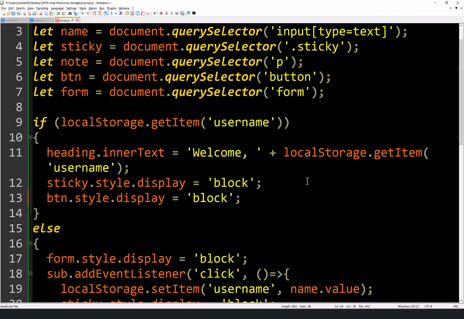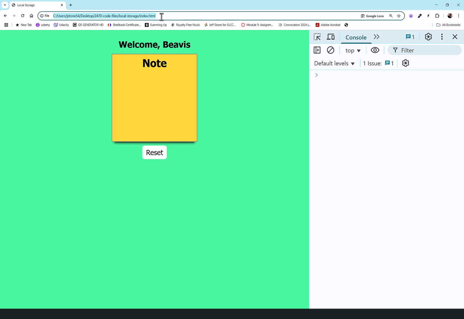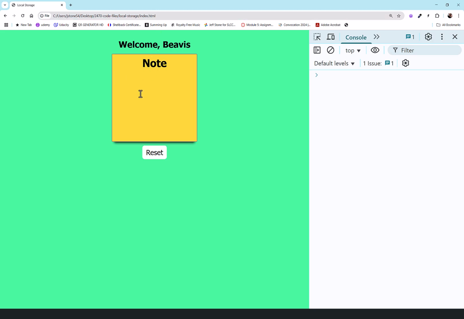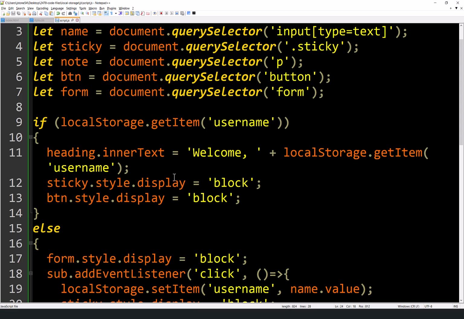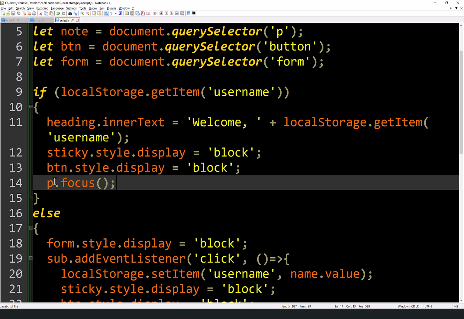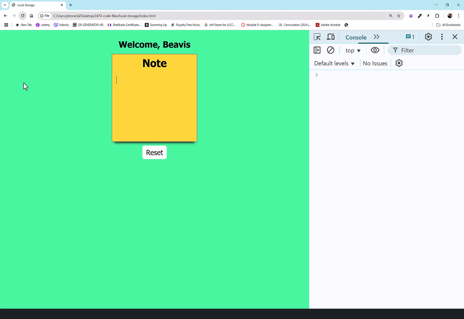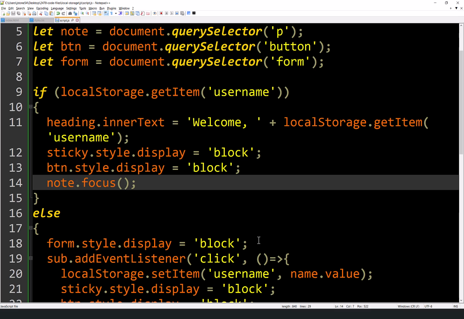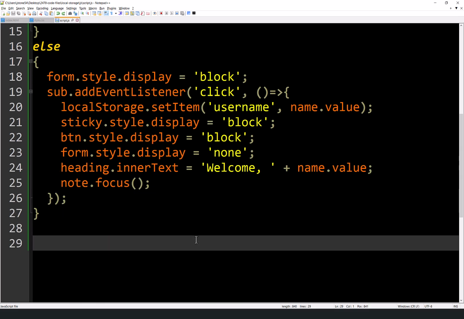The other thing you might notice real quick, when I come back after I'm already logged in, notice I don't have my cursor inside the note like that. So we need to put that in our if statement here, which will be p.focus. Sorry, not p.focus, but note.focus. So now when I refresh, you'll see that our cursor comes back. Okay, so let's go ahead and create this event handler for note.